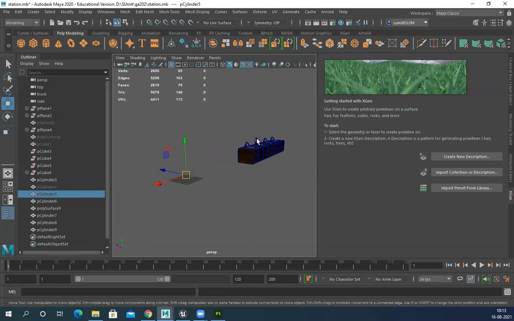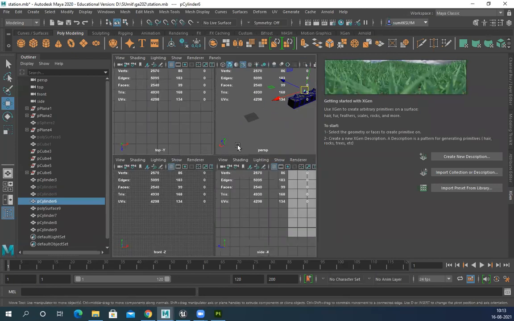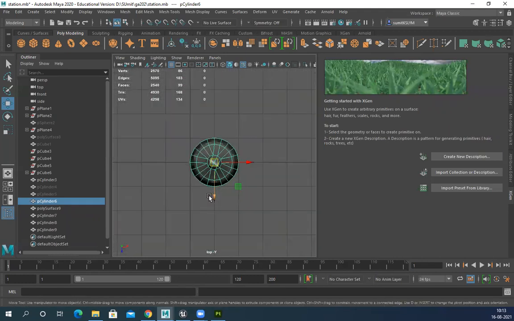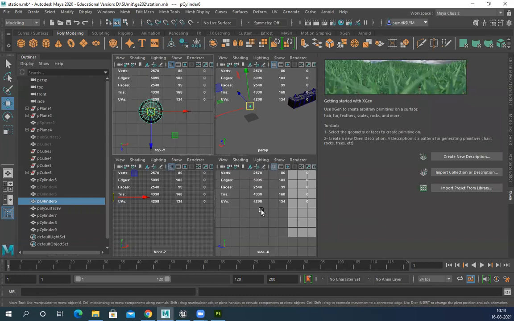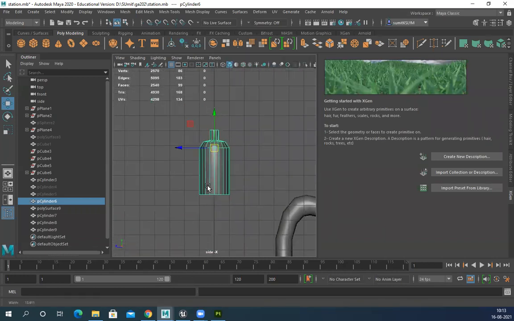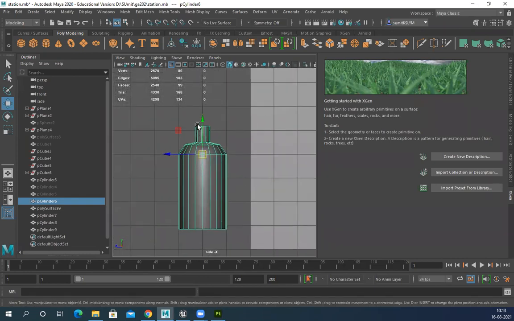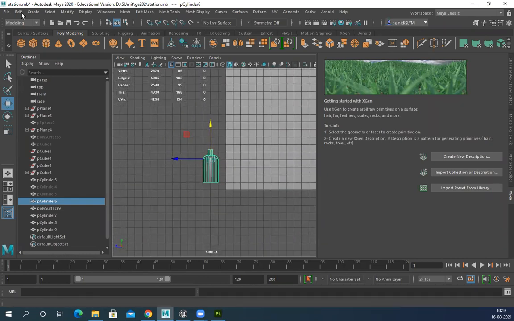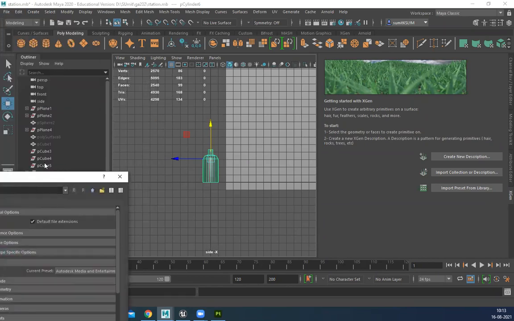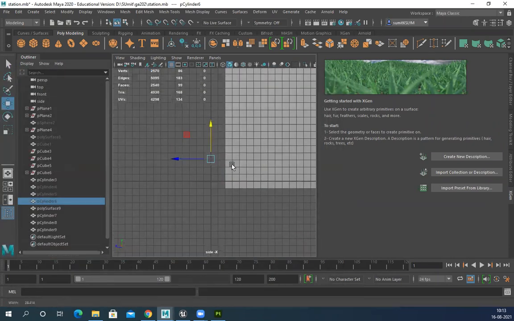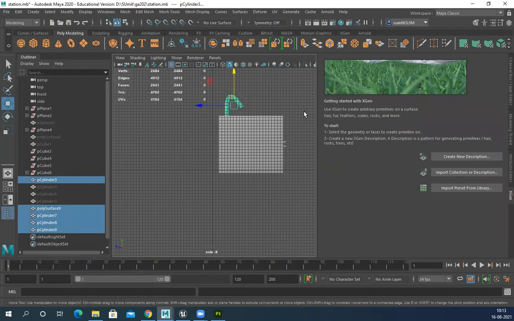Just one more bottle. Export selection. Bottle 3. Hide. Now we have this entire thing.